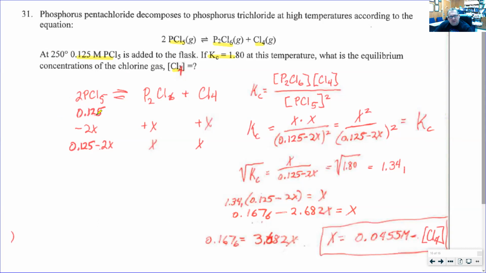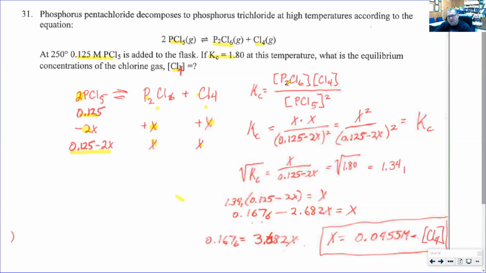You've got the initial concentration. You don't have any of the products at this point. So it's a 2 stoichiometry. So I'm going to say minus 2X of it. Both of the other ones are 1 stoichiometry, so plus X and plus X. So at equilibrium, I'm going to have 0.125 minus 2X and X and X. And so the K sub C is products over reactants.